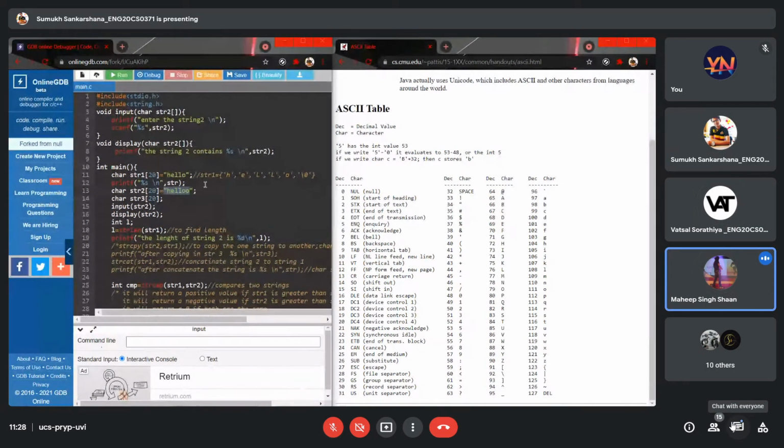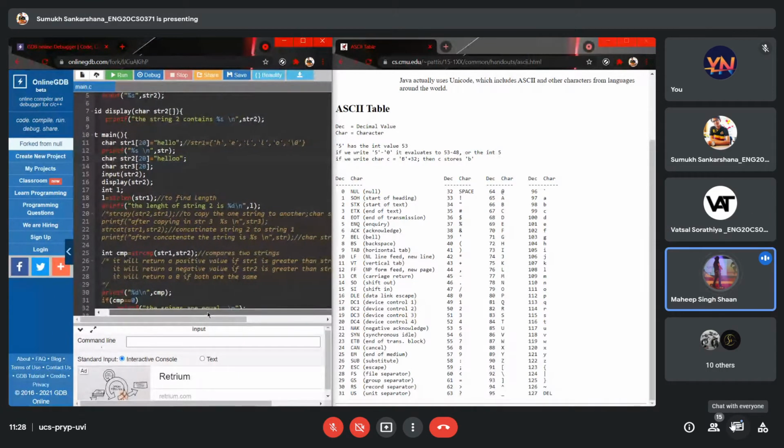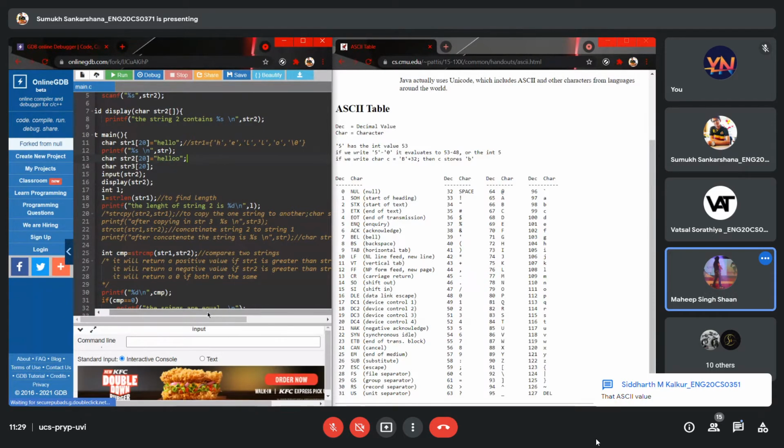That's fine. But where are you getting confused? Is there any specific place? Use the chat box. Have you understood the string concept? Why are we using this? Or do you want us to explain the whole thing again? I guess there should be something specific which you might not be understanding. The ASCII value. Okay.